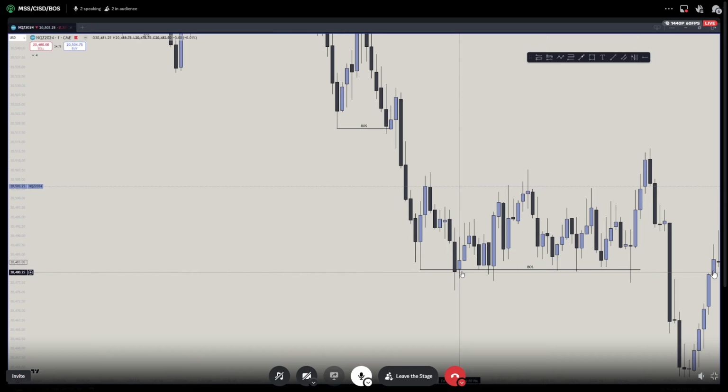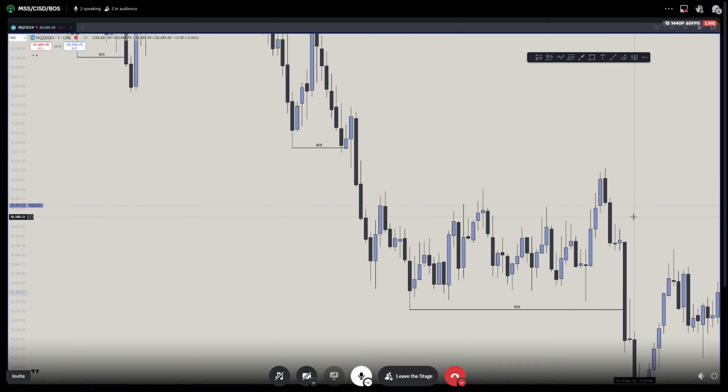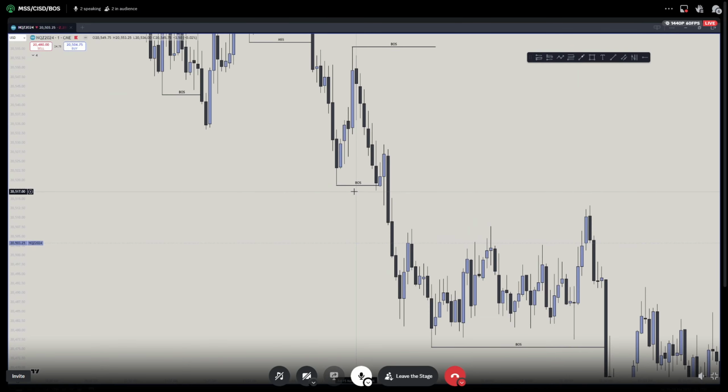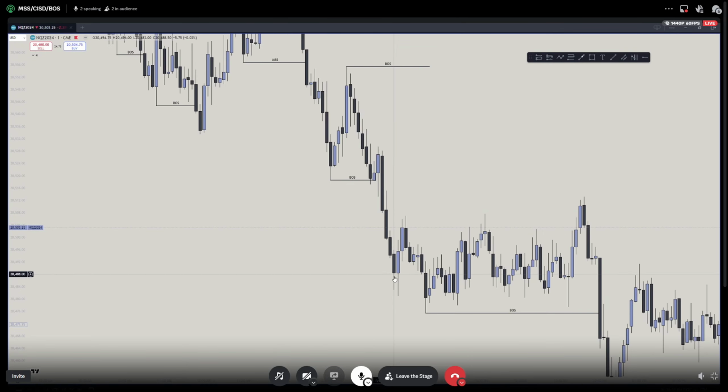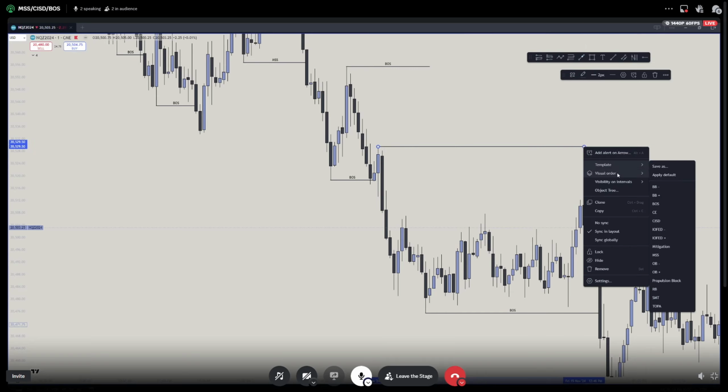I would look for the next candle to also close within this line here. Since that does not happen, I'm not going to consider that to be our break in structure, and I'm just going to move our break in structure down to the newest swing low here, which would be down here, right? But since we ended up doing that, here's the thing: our break in structure or market structure shift point